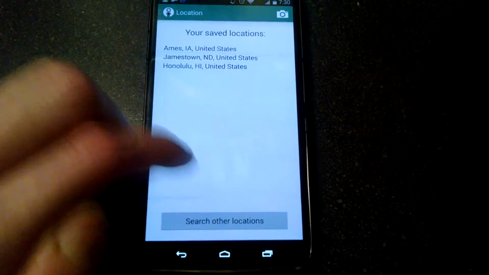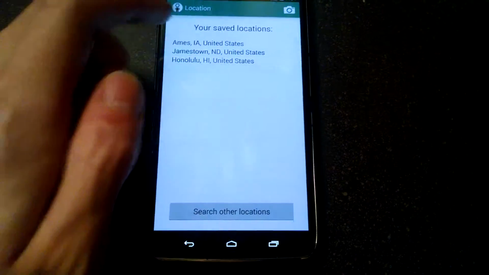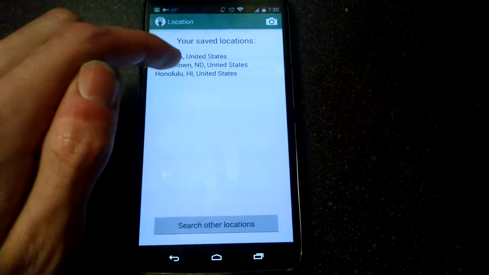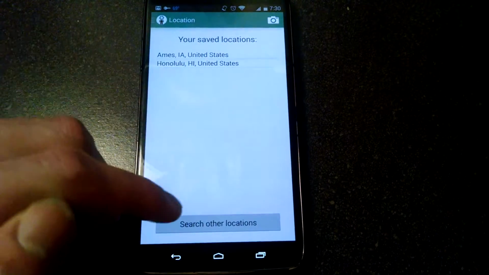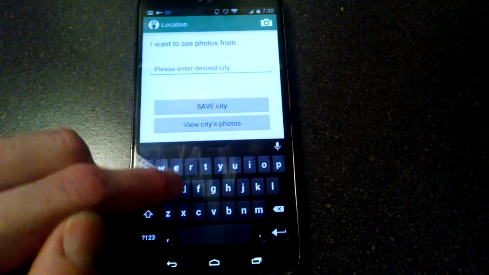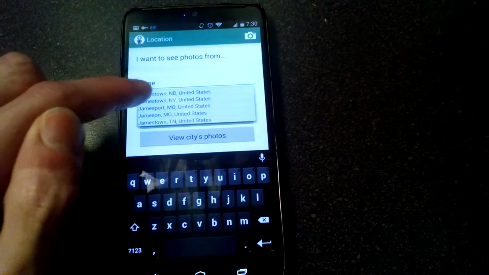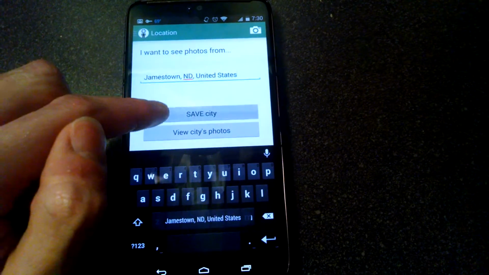Going back to locations, if you currently don't have a location saved that you'd like to view, in this case, let's pretend like we didn't have Jamestown. I just removed Jamestown from my list, and I'm going to add it again. You can type in Jamestown, save the city,